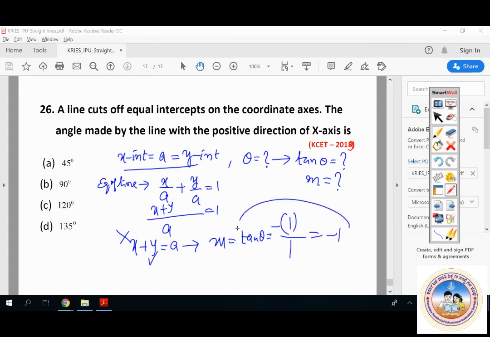That means tan theta negative. Tan theta negative ಬಂದ್ರೆ obtuse angle ಉತ್ತರ ಇರಬೇಕು ನಿಮಗೆ. So obviously 90 degrees and 45 degrees is not a choice. The answer, it is going to be either 135 or 120. ಯಾವುದು ನೋಡೋಣ. So tan theta is equal to minus 1 ಅಂತಂದ್ರೆ theta is going to be obviously 135 degrees ಇರಬೇಕು. So option D is going to be the correct choice for this question, right?